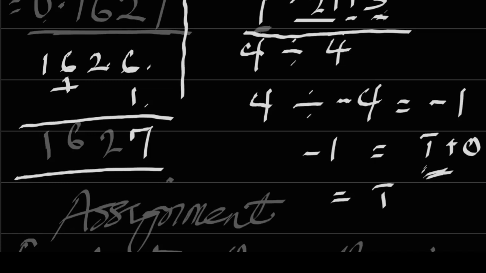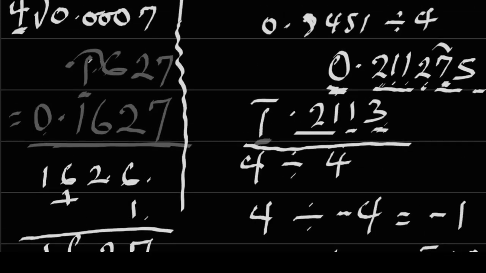And then this is this 2. Here's our 6 and our 1. That is 1627. 1627. Now bar